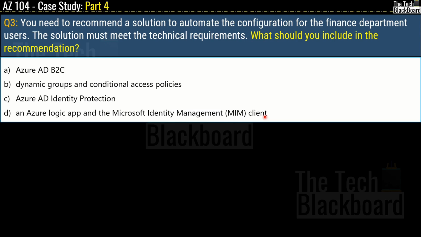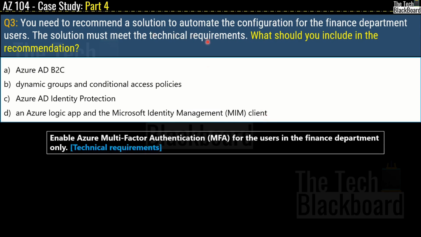Now let me show you the technical requirement which the question is referring to. This one comes here. It says: enable Azure multi-factor authentication, or MFA, for the users in the finance department only. So this is the technical requirement that we have to meet. And the correct answer that I have chosen to meet this technical requirement is option B, dynamic groups and conditional